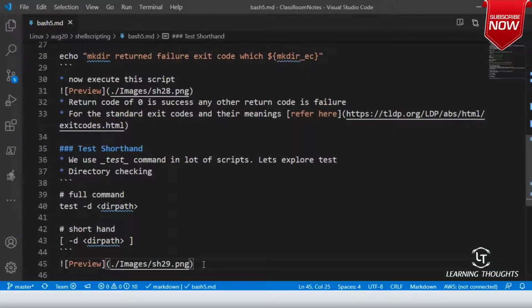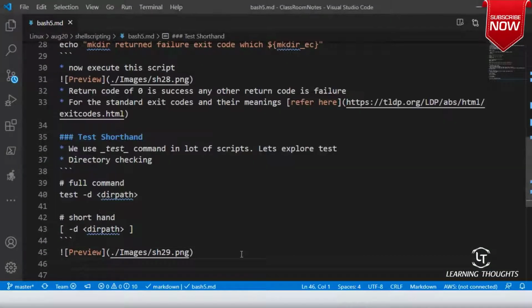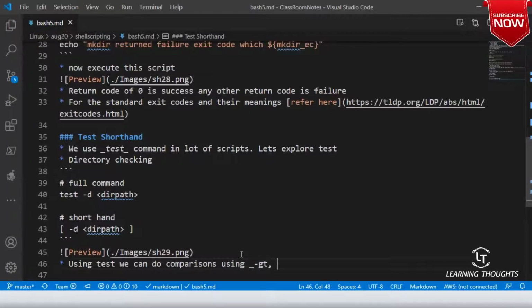So using test, we can do comparisons using hyphen GT, hyphen NE, hyphen equals, and hyphen less than.